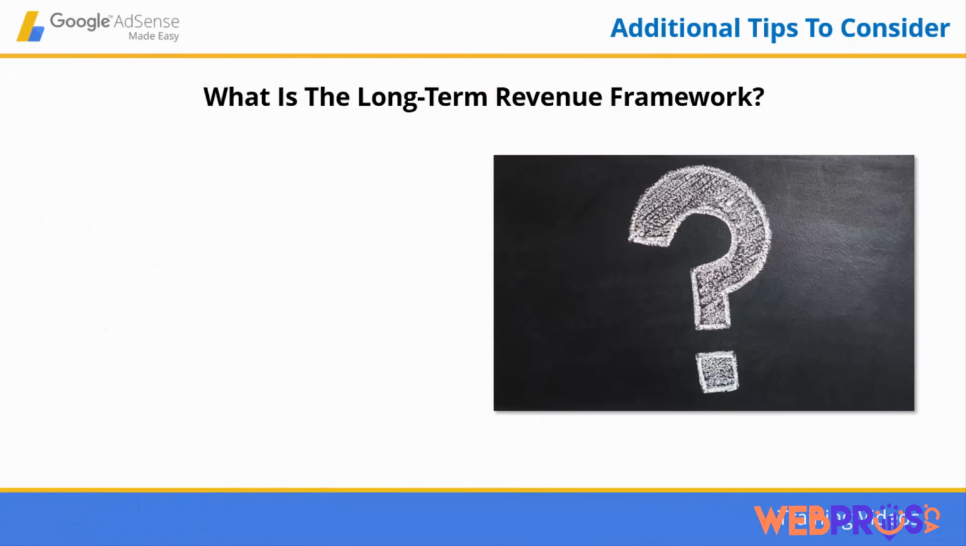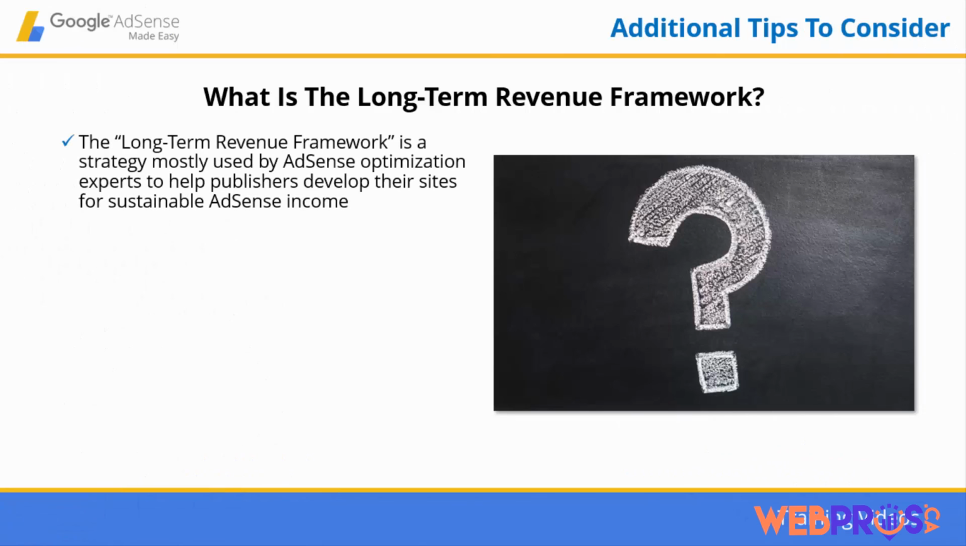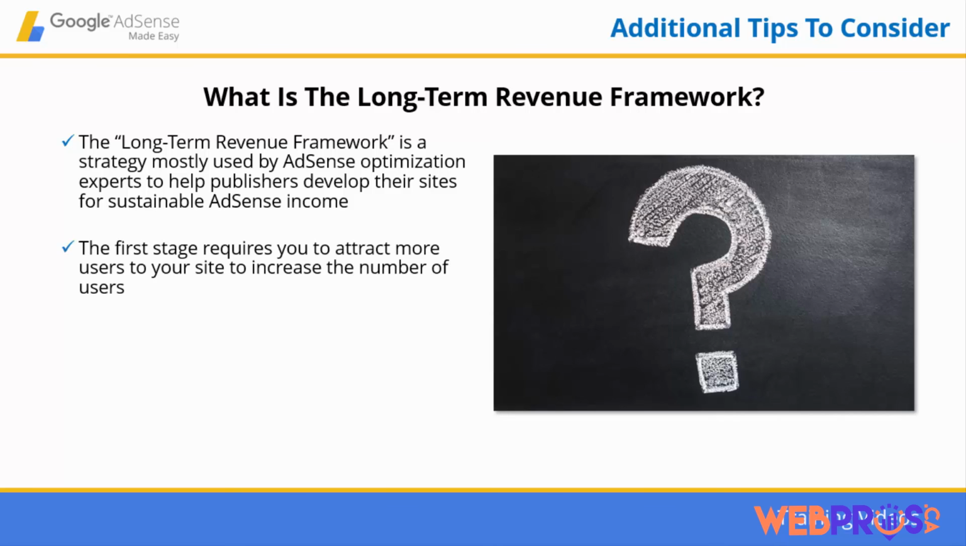What is the long-term revenue framework? The long-term revenue framework is a strategy mostly used by AdSense optimization experts to help publishers develop their sites for sustainable AdSense income. It is a framework that encompasses 4 stages that have 2 objectives: increase number of users and increase revenue per user. The first stage requires you to attract more users to your site to increase the number